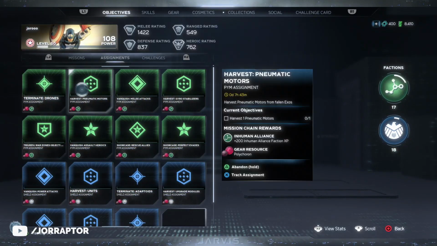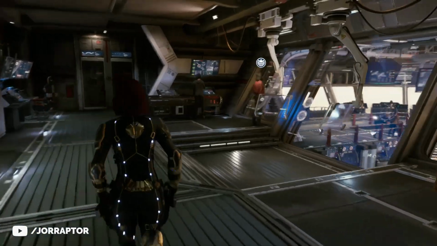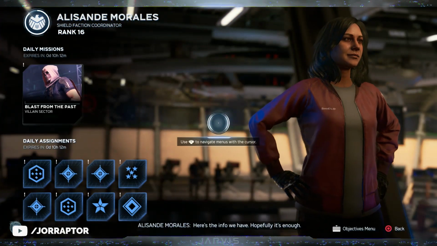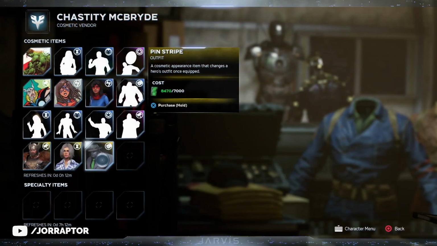You can farm Polychoron, faction XP and challenge points without having to wait. There's a very easy tactic to get an unlimited amount of dailies and even change the different vendors in the game. And in this video I will tell you how to do it,